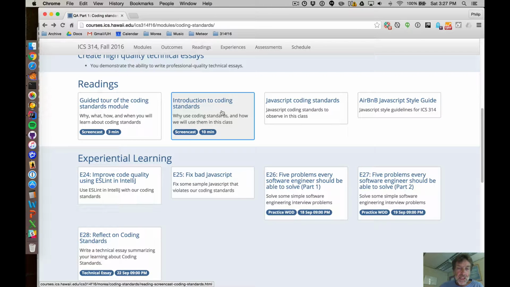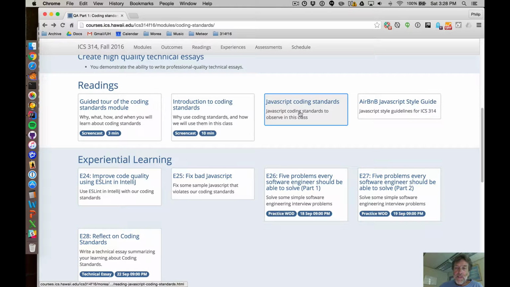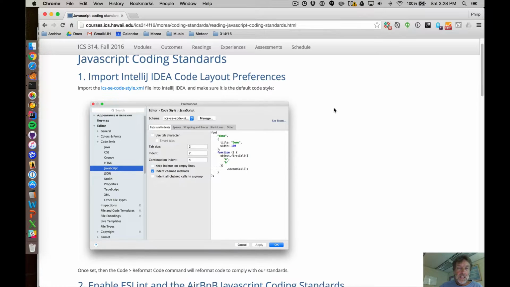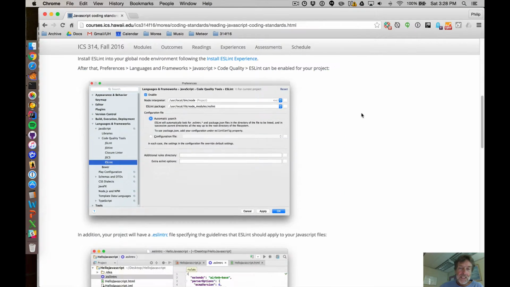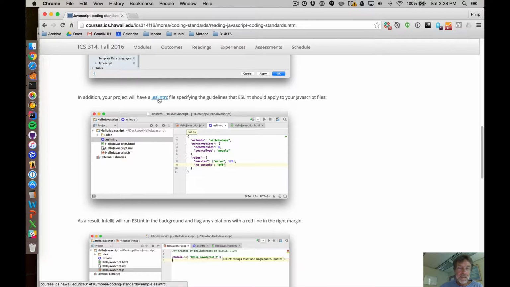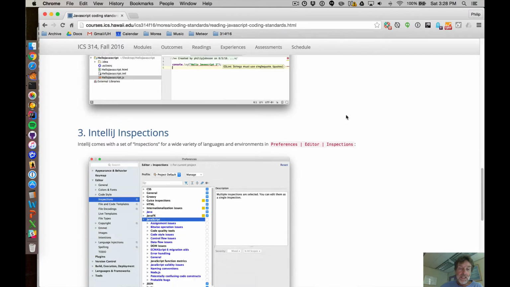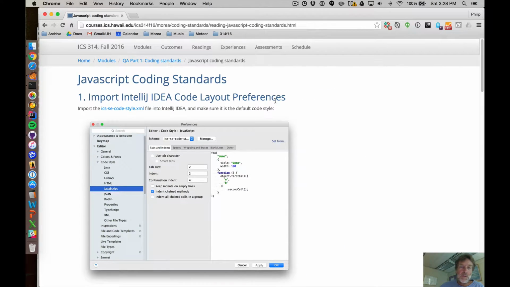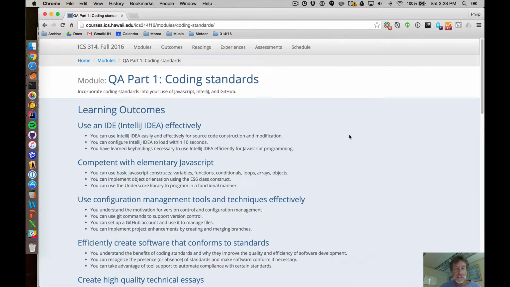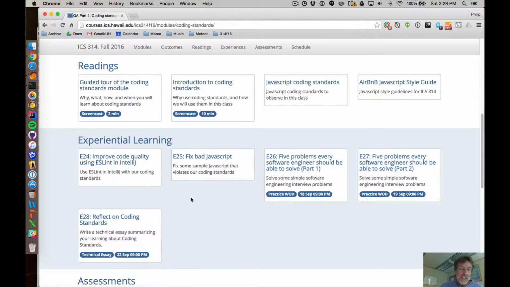Definitely watch this Introduction to Coding Standards to give you some motivation. It's not very long. And then there's a reading about the coding standards that we're going to use. It involves both IntelliJ IDEA code layout preferences, ESLint, Airbnb, a standard ESLint .eslintrc file that we'll use for this class, and then actually we're going to be disabling some of the IntelliJ inspections just so that they don't get you confused by what you need to fix and what you don't need to fix. And then having set all that up,